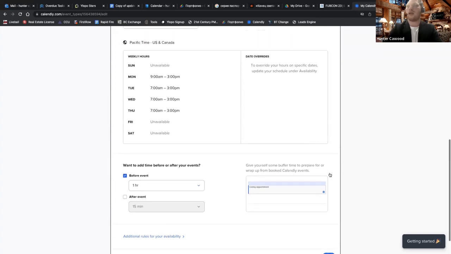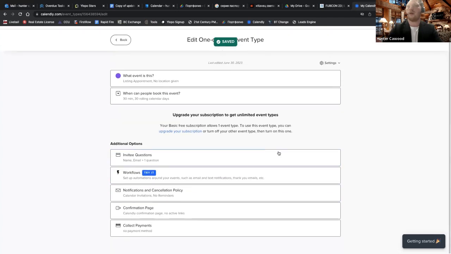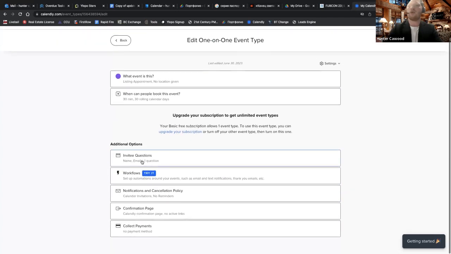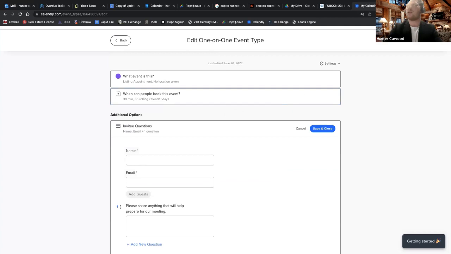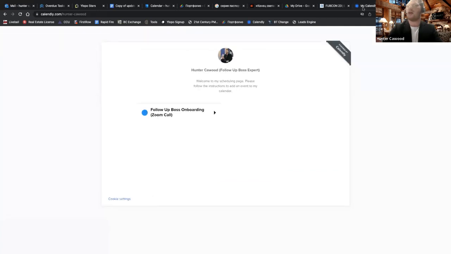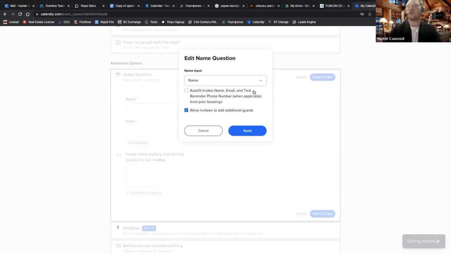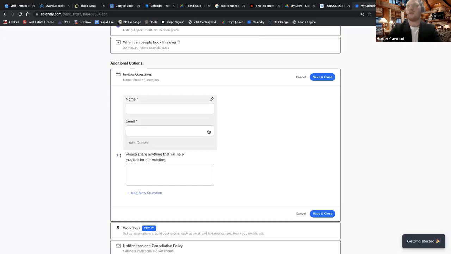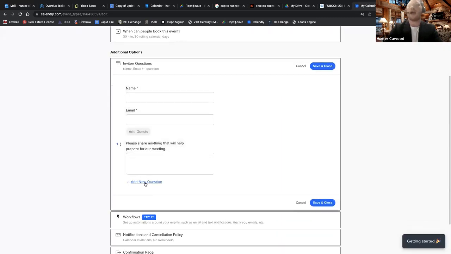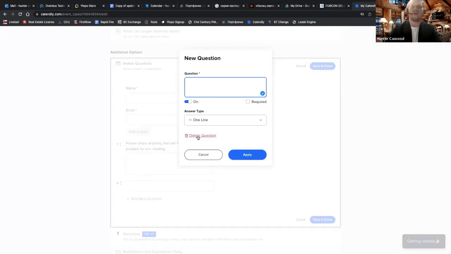Get some other options right here. Okay. Some other things we can do. So in the sign up form, as soon as they register right here, we can get some more additional information. So you can put some additional guests, or we can change it to first name, last name, whatever it is. We can add new questions. Let's say, for example, what's your timeline